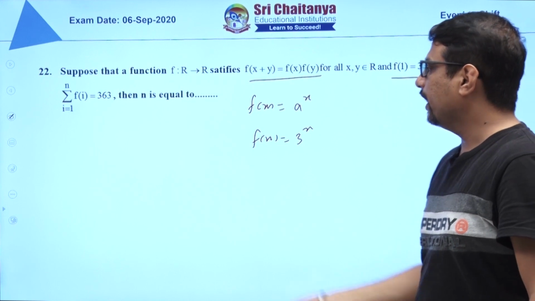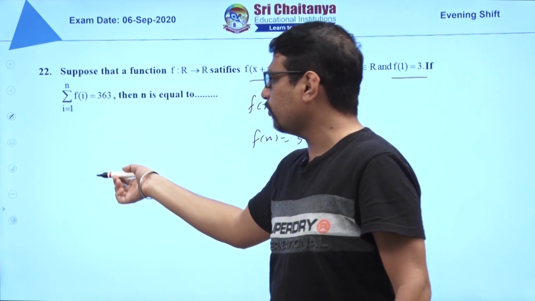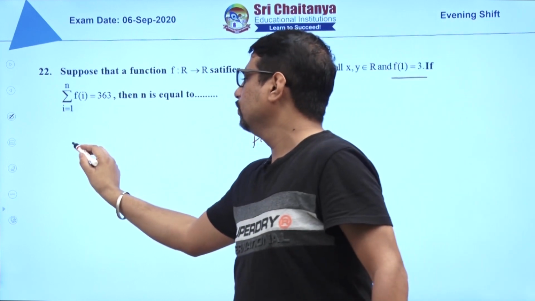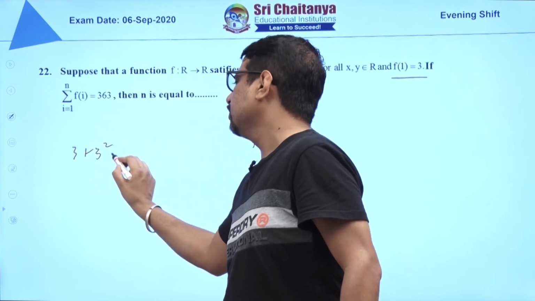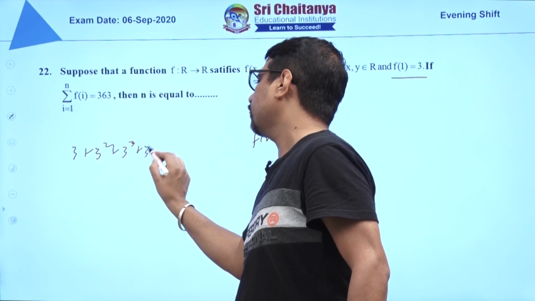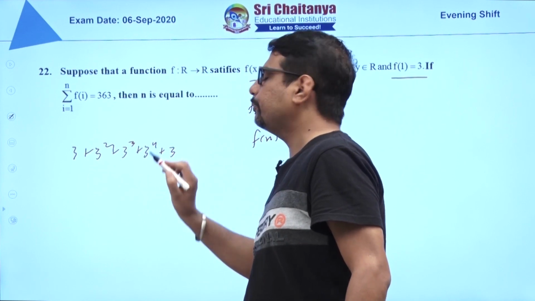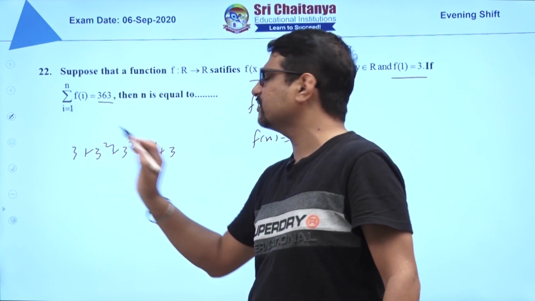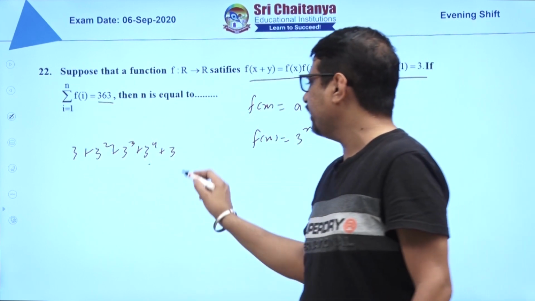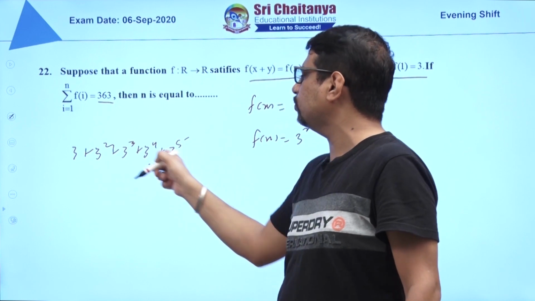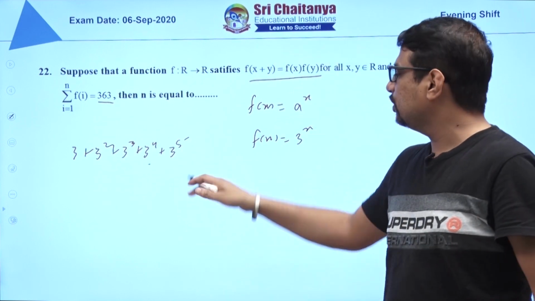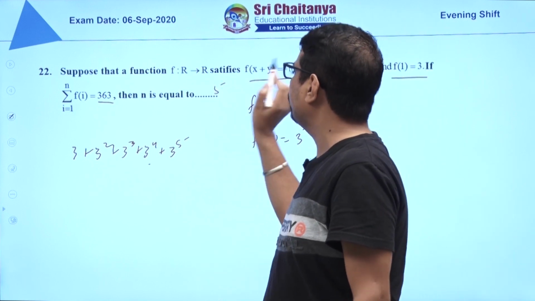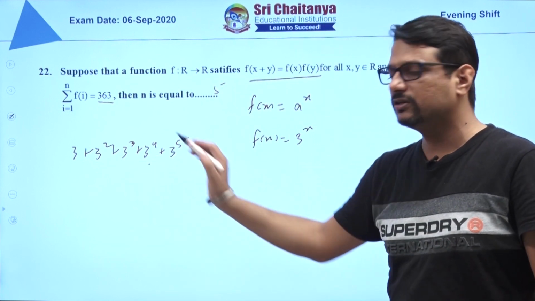So f of x we know. Now you can use the GP formula, that is 3 plus 3 square plus 3 cube, or directly also you can do it. So 3 plus 3 square plus 3 cube plus 3 power 4 plus 3 power, now up to where should I write? This is 363. Now definitely 81 plus this doesn't seem to be reaching there, and 3 power 5, as you write this, 243, it seems to be reaching very close. 3 power 6 there is no meaning, it will become very large. So without doing anything, n is equal to 5 here you can mark. If you want you can calculate this simple sum.